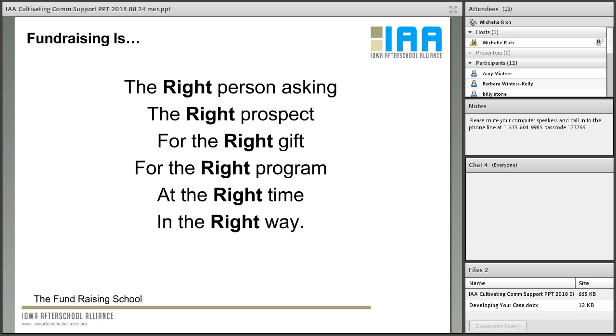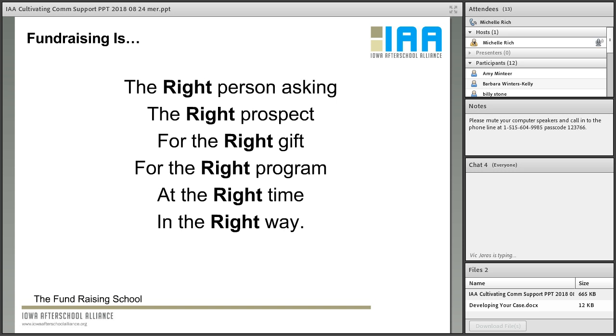Finally, this is really just a full comprehensive look at fundraising. So it really is, and hopefully we've gone through each of these aspects. It's the right person, so thinking about your team and who has personal relationships. It's the right person asking the right prospect for the right gift, for the right program, at the right time, in the right way. So if you've done your homework, hopefully the prospect has been identified out of your community